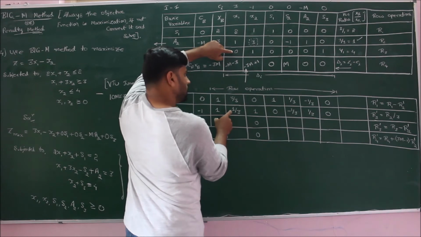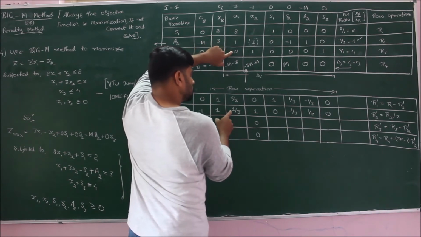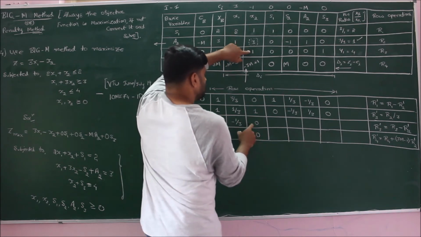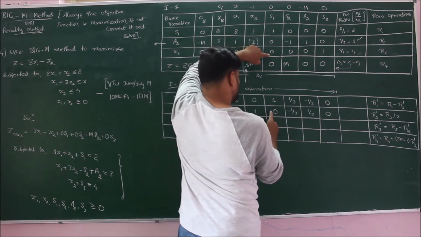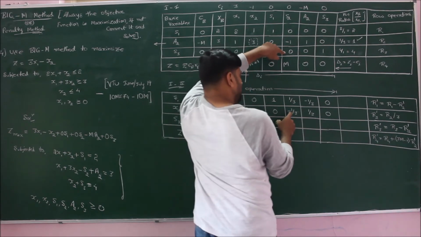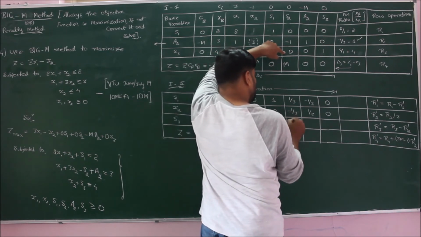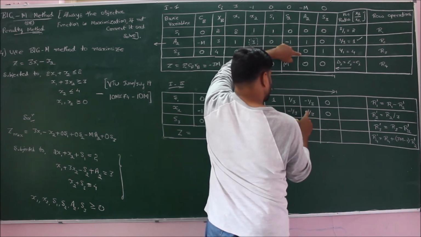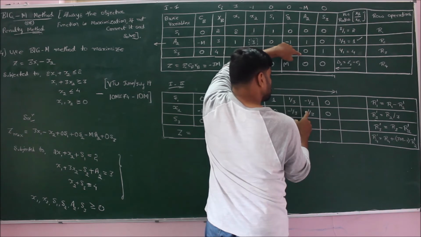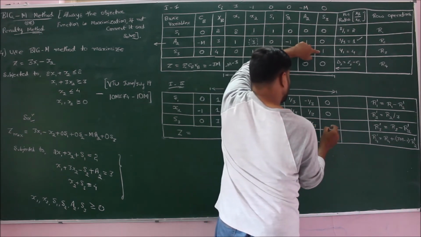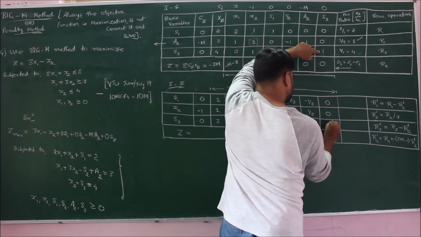Here we have 0, here we have 1 by 3, so it will become minus 1 by 3. This will become 0, that is what I require. Here also 0, here also 0, it will become 0. Coming for 0, here I have minus 1 by 3. It will become 0 minus of minus 1 by 3, which is plus 1 by 3. Here I have 0, here I have 1 by 3. It will become minus 1 by 3. Here I have 1, but here I have 0, so therefore this 1.